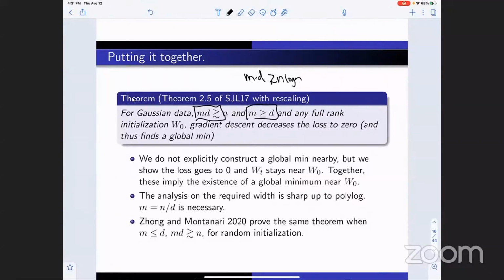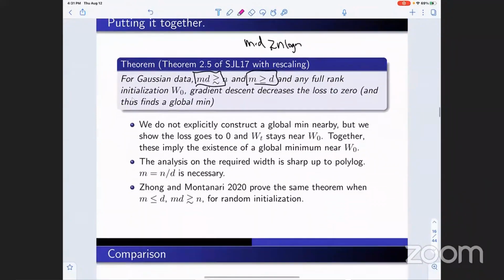And of course, if you decrease the loss to 0, you found the global min. The proof is almost like circular reasoning. You don't actually construct the global min anywhere. You just show the loss goes to 0 very fast because the sigma min is positive. And then because the sigma min is positive, WT stays near W0. And these together imply the existence of a global min near W0. The width we have is in fact sharp